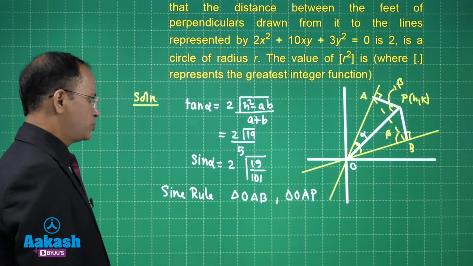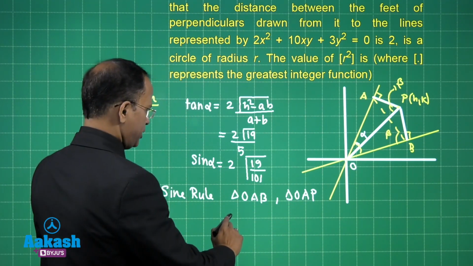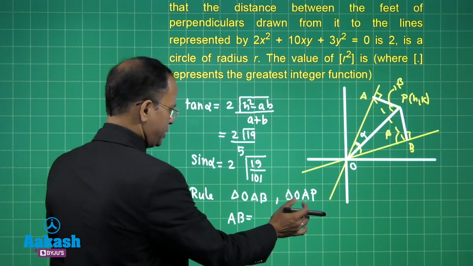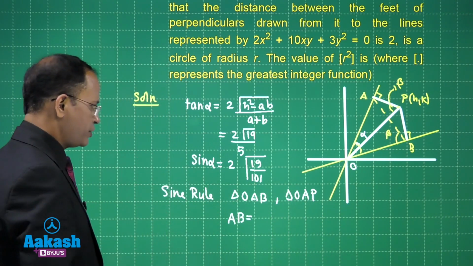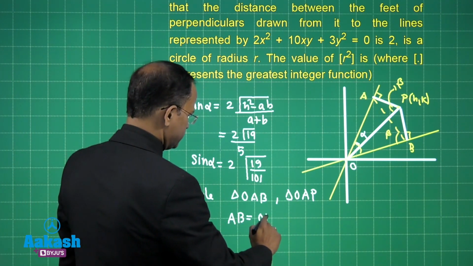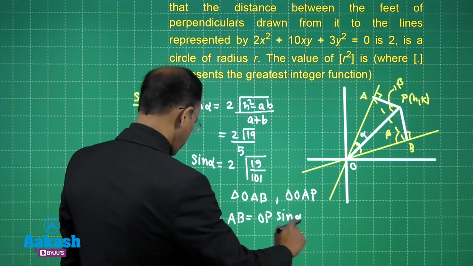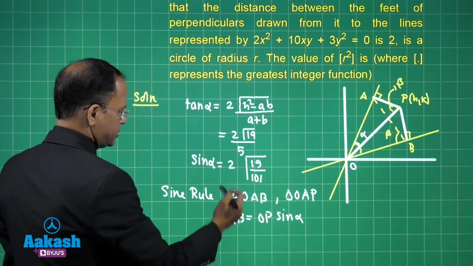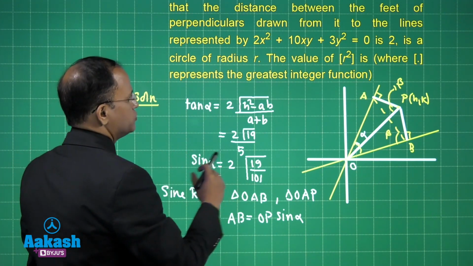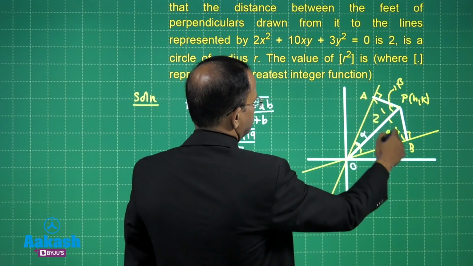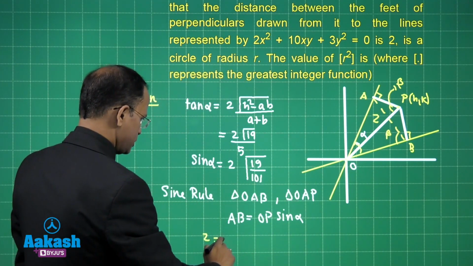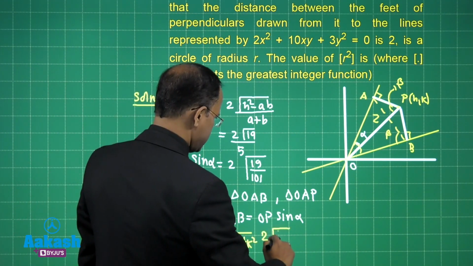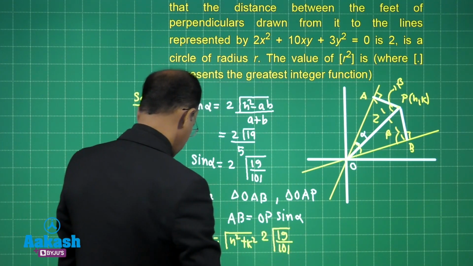So, once you have the sine rule to be used in OAB and OAP, I want everyone to do this part of calculation, sine rule in triangle OAB and OAP, and we just take those ratios, we come out with AB to be equal to OP sin alpha. Okay, this is what we get. So, OP sin alpha means, OP we know what is this, h square plus k square, sin alpha is this, AB is nothing but we have 2, because that distance being given to us is 2, this distance is 2. So, that means 2, this is again we have h square plus k square, right, 2 root 19 upon 101, right, this has been given to us.